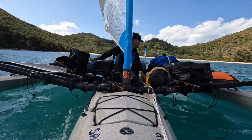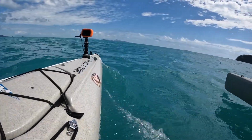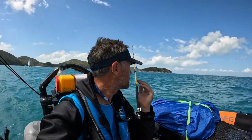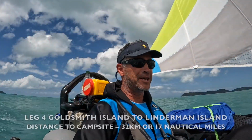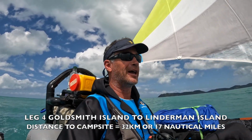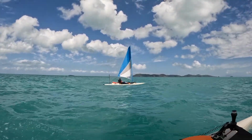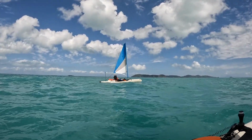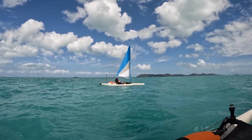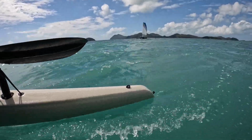So we're just making the crossing now from Goldsmith Island over to Linderman Island. Right now the conditions are like a washing machine. The wind's running from the southeast, it's only light, which isn't giving us a lot of speed. And then we've got the current running from the north, which is just causing it to chop up. The tide is going to change in the next couple of hours, so that should make conditions a little bit better, and hopefully the wind picks up a little bit more this afternoon and we should have a nice ride